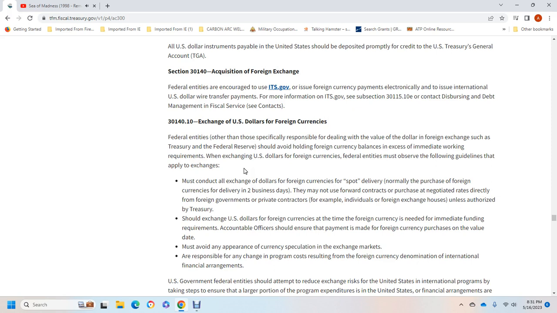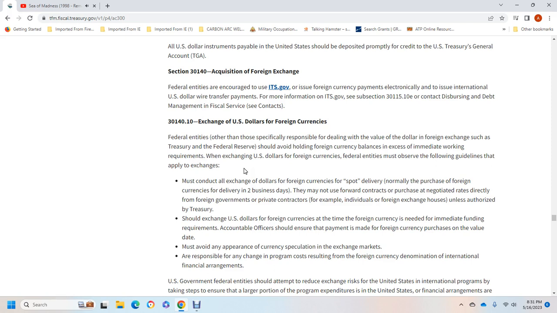The spot delivery can normally purchase with the foreign currency the delivery in 2 business days. They may not use the forward contract. The purchase with the negotiated rates directly for the foreign government to provide the contract. For example, the individual foreign exchange houses, unless authorized by Treasury, should exchange with the U.S. dollar foreign country at the time of the foreign currency need the immediate funding of the requirements accountable to the officer shall ensure the payment is made of the foreign currency purchase of the value of the day most void